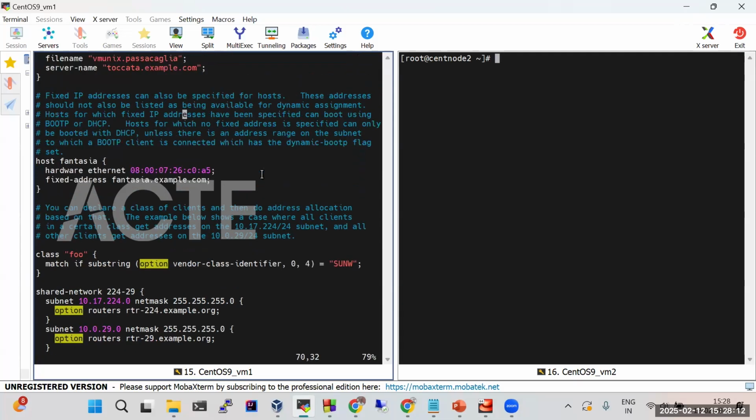And there's one more configuration that I want to highlight here. In case you have, for example, a web server and things like that, this web server's IP cannot be